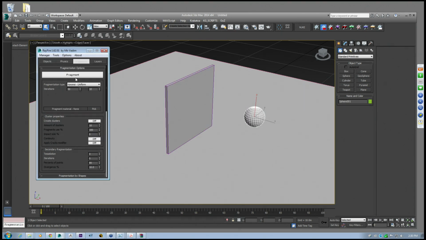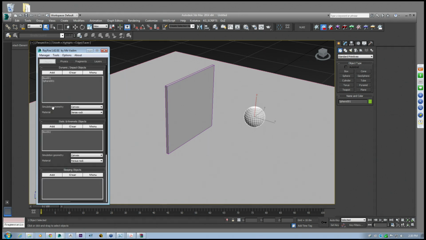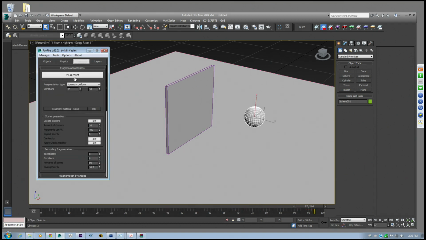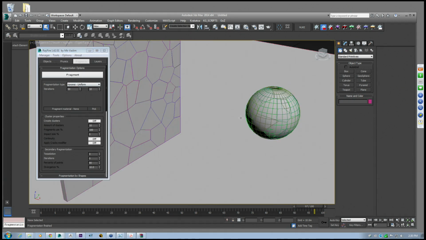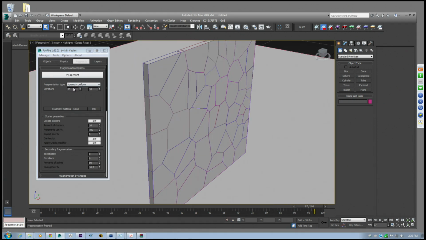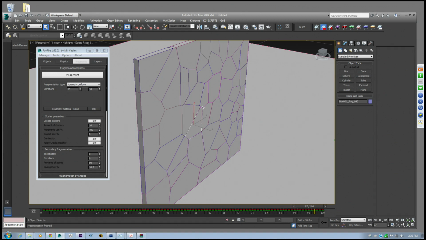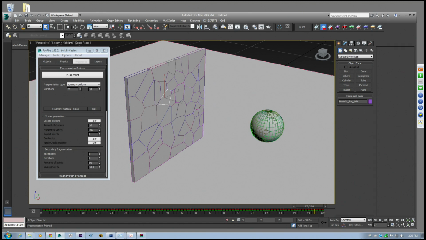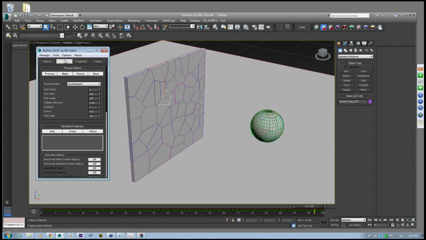So to illustrate this, as soon as we press fragment, it's going to activate fragmentation for the objects that we have in our dynamic rollout here. If we fragment first, we can see that it's chopped up our object using a Voronoi uniform method, and it's stored our original objects. It's just hidden them away. So if we now go to simulate and bake,